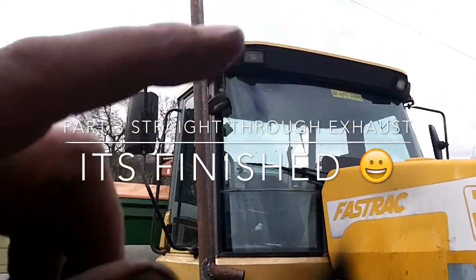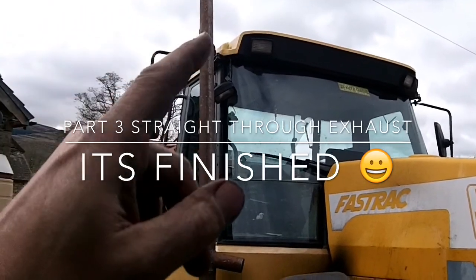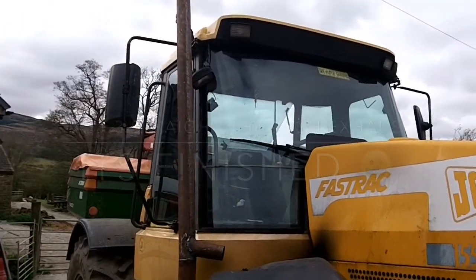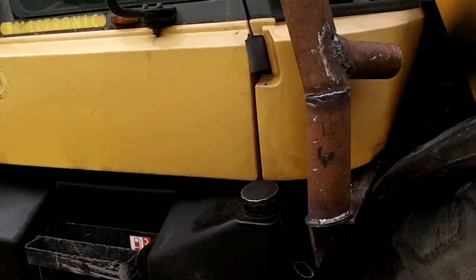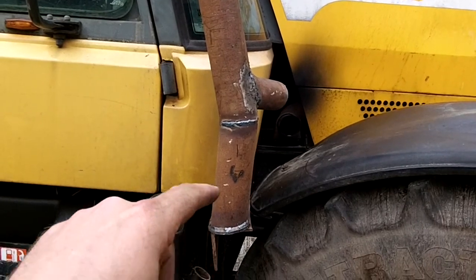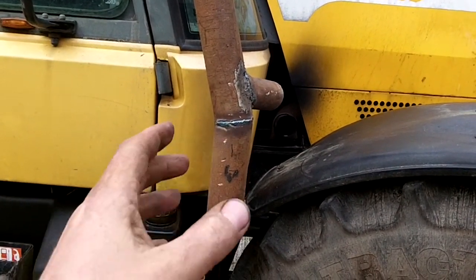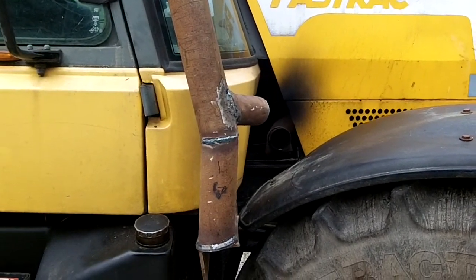Right, that's the second mock-up. It's going to be cut off there, and a bit of a cap sending it out to one side about the height of the cab. I've had to kink this bottom in here and up and around and that way, so I tell you what, this was a bit of a task, I have to say,